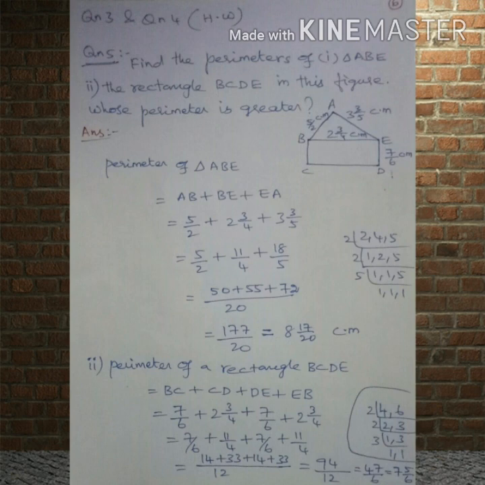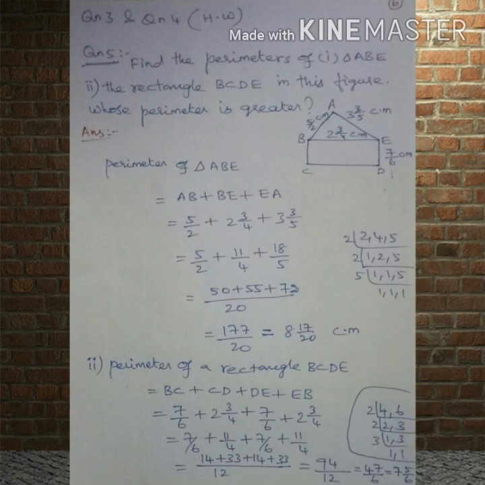Now these three fractions are unlike fractions. So first of all convert them to like fractions, or otherwise we have to take the LCM. I am going to take the LCM of all the denominators. Here the denominators are 2, 4, 5. The LCM of 2, 4, 5 is simply 20. After taking the LCM, we write it at the bottom. 20 divided by the first fraction's denominator: 20 divided by 2 gives 10. That value is multiplied by the corresponding numerator: 10 5s are 50. Then put the plus.